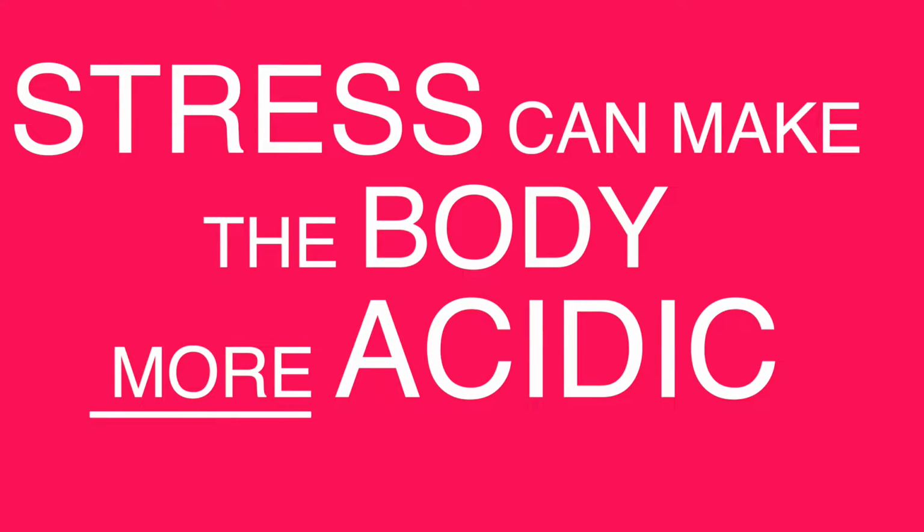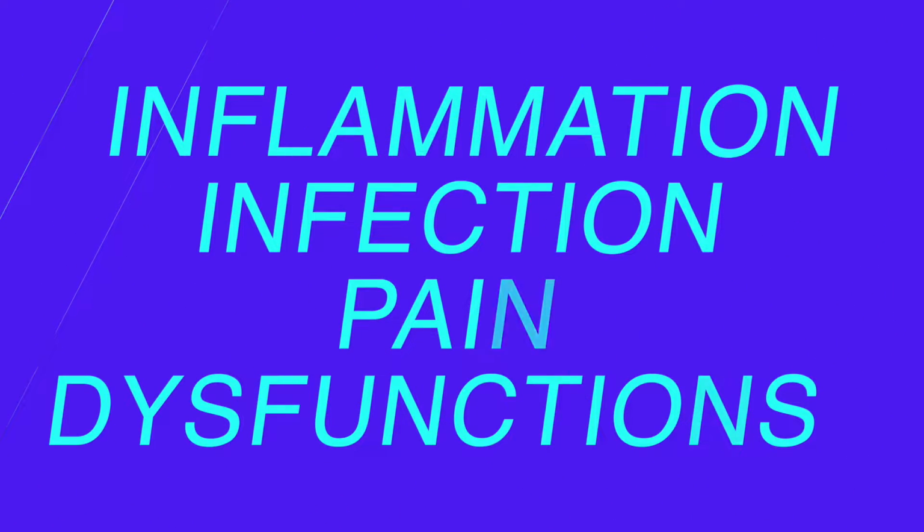The H is not going to stand by itself. Because of the electromagnetic charge of the positive ion, it's going to find an H2O that is a little bit out of balance, and it's going to become H3O. So anyway, the important thing about this is that an electromagnetic instruction might actually break the molecule of water. That's why we say that stress can make the body more acidic. And as you probably know, an acidic body is primed for inflammation, for infection, for pain, for dysfunctions.